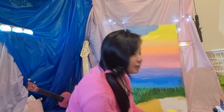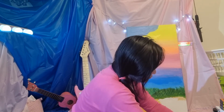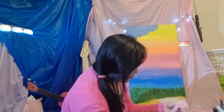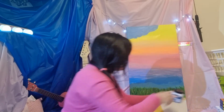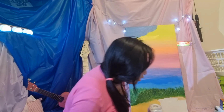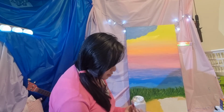Actually, good thing I got the water. I really want to clean this brush out and get it nice and wet so that we can get some broad, wet strokes. I'm actually going to grab some of this iridescence. I think this straw's open. Yes, this straw's open. I'm going to get this really broad brush and grab the iridescence,